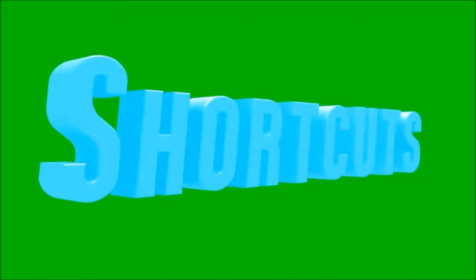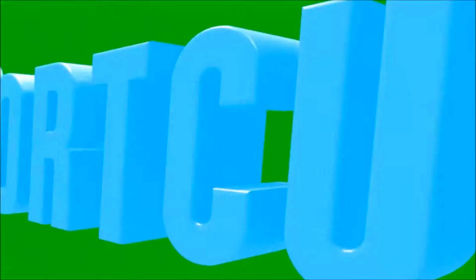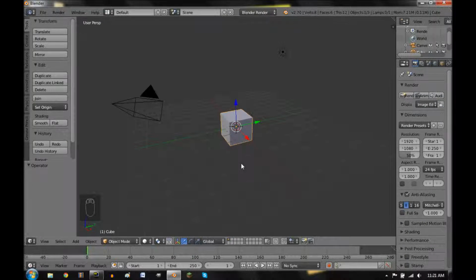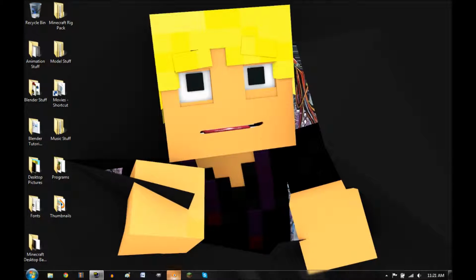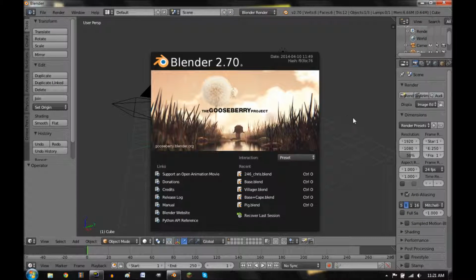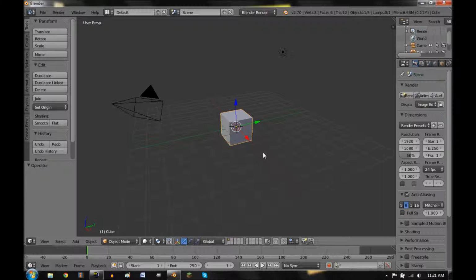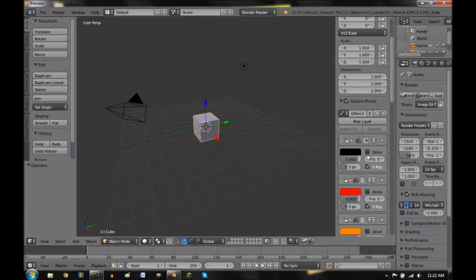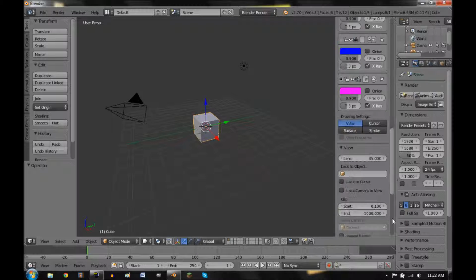So you've seen what Blender is. Now it is time to show you the basics of how to use it. So let's start with shortcuts. Okay, so shortcuts are basically buttons that you can press so that you can do things faster. For example, if I wanted to add a cube,